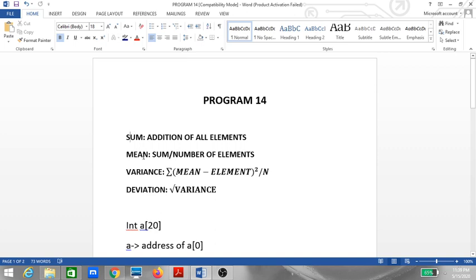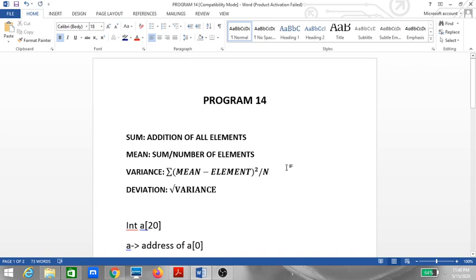And then when we are supposed to calculate mean, how do we do it? Whatever is the sum divided by the number of elements. So if I give you 1 2 3 4 5, the same example, the sum of all the elements divided by 5 will give you the mean. So mean is nothing but the average. And then we have to calculate something known as variance. What is variance? Take every element, subtract mean from it, take square of it and divide it by n. So this will give you the variance.